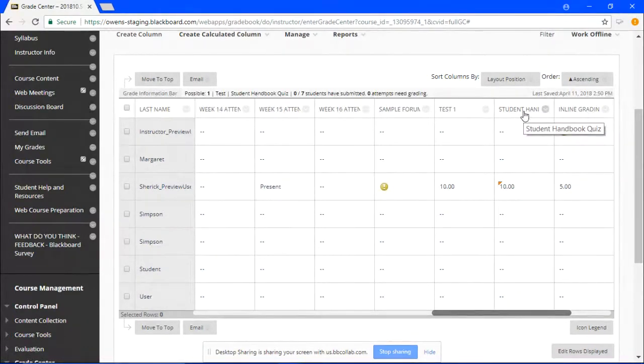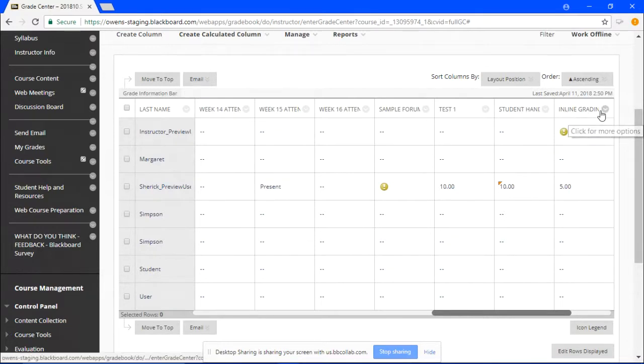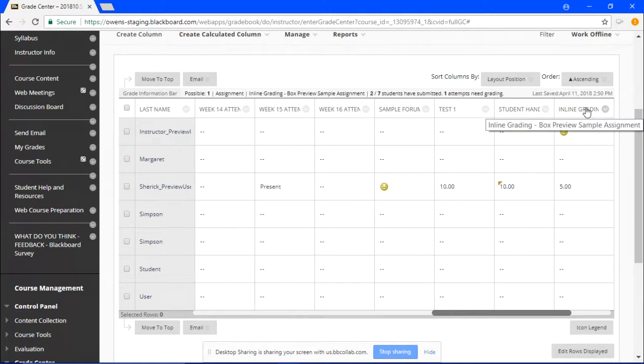And even above where my mouse is, it shows you across the grade information bar how much the assignment is worth, the name of the assignment, and how many attempts you've submitted and who needs graded. Same thing for the inline grading box preview assignment. Does that answer your question?